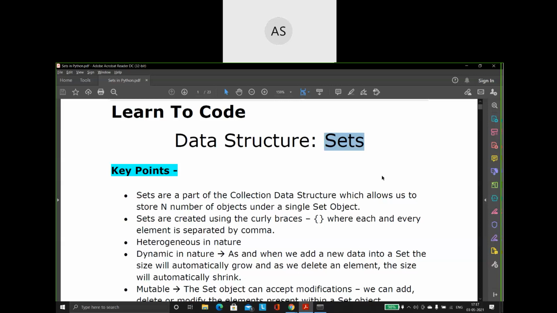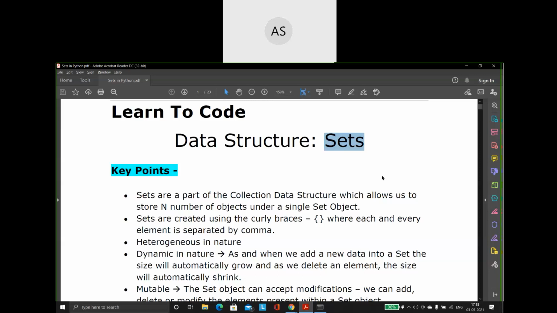The next data structure we saw was dictionaries. Again I told you that dictionary is one of the very important concepts in Python. In a dictionary, what was the advantage? We were able to store the data in the form of a key value pair. So we save the data with the key and the value for that.